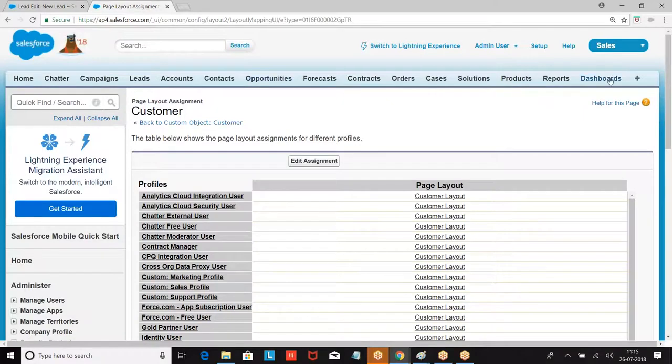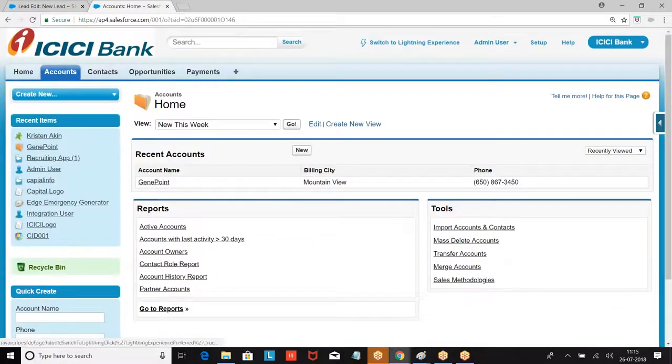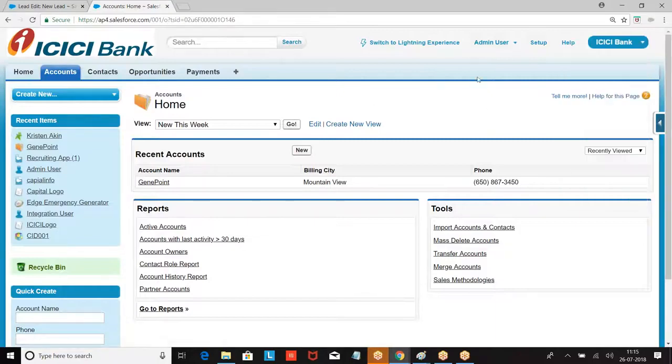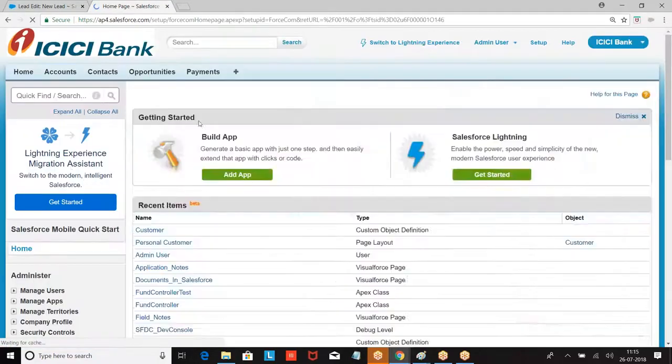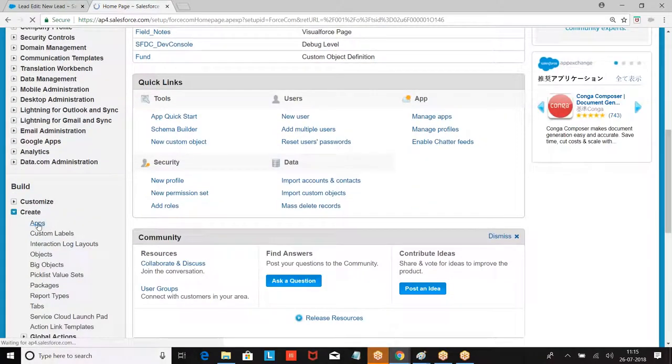Now what I'm doing now? Go to this ICICI Bank. The object is not added to this. Go to apps.